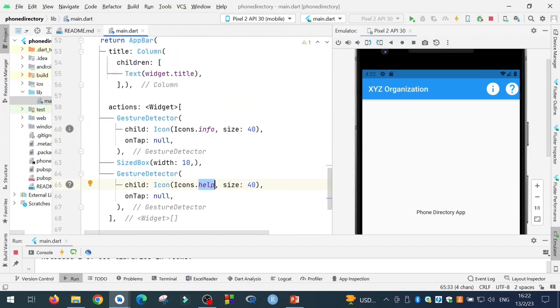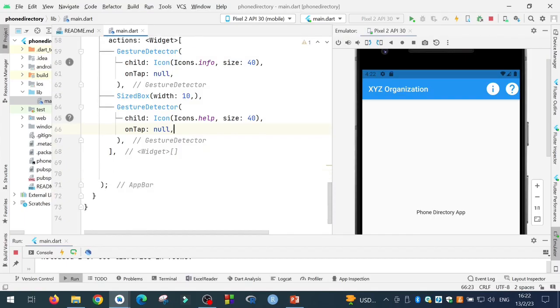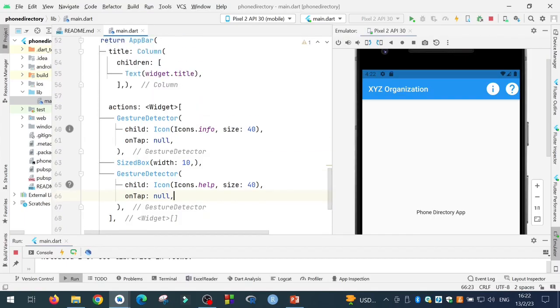I have not set any function for the on tap activity. It is at present null. I will later write procedures or functions for it to run. So this is a simple overview